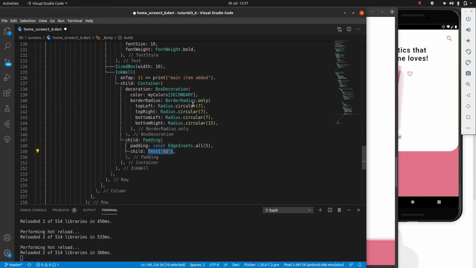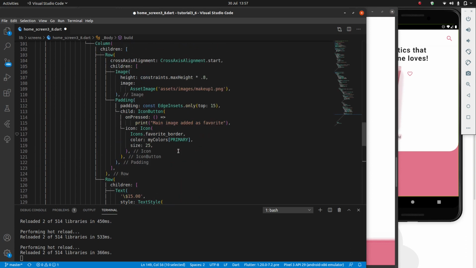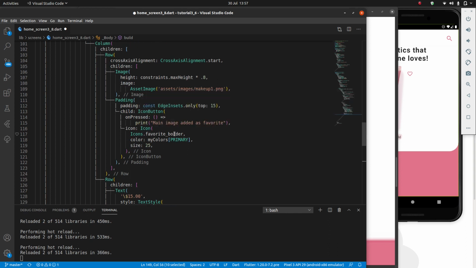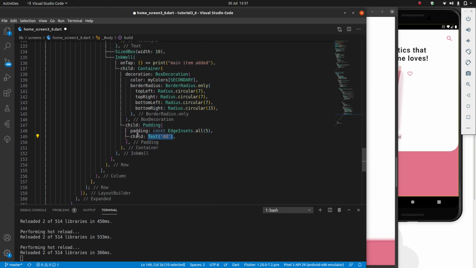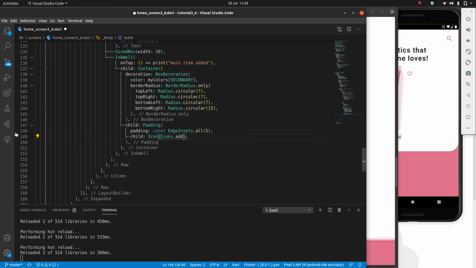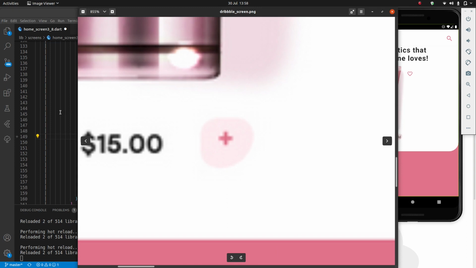So the same way inside the icon button, I could do Icon as the widget, then give an Icons.favorite_border. Inside my padding, which is inside a container, I can use that same Icon widget and give it an Icons dot, and I think it's plus, add, it's add. You can see the symbol over here,